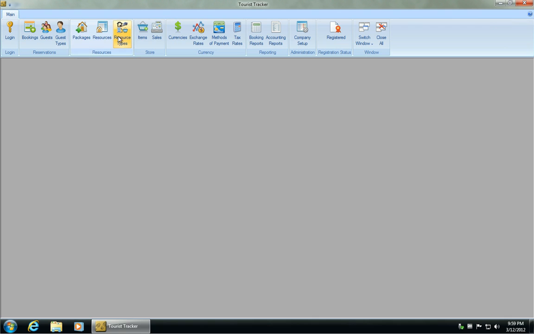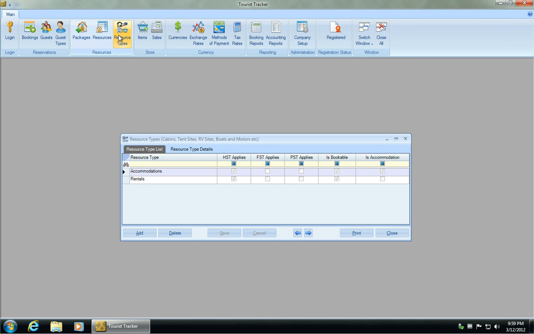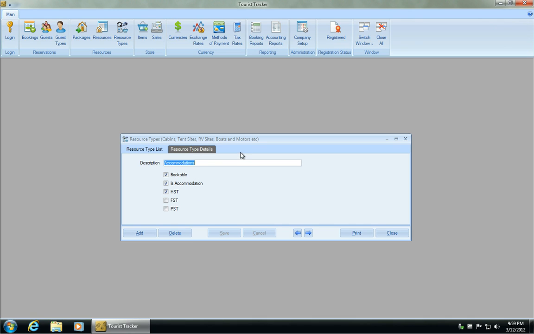So we'll start with resource types. You can see we have sample data entered in here, accommodations and rentals. I'm just going to narrow that down a bit. Let's change accommodations to cabins. Notice we've marked it's bookable because it's a resource type that you can make reservations in, and it is an